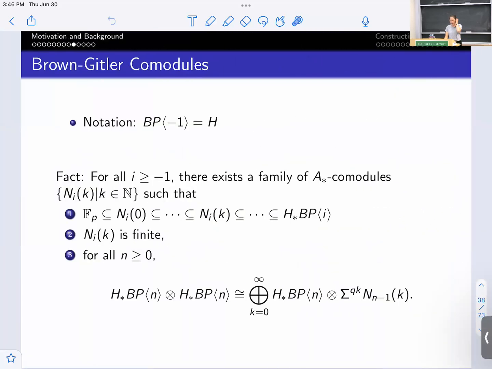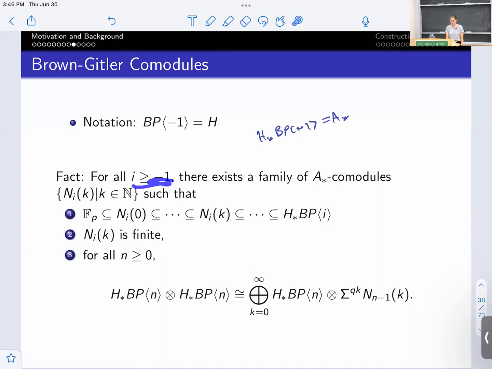So now we want to define Brown-Gittler comodules. I'm going to do a slightly weird notation thing and call BP minus 1 the mod P Eilenberg-MacLane spectrum, so that we can say that the homology of BP minus 1 is the dual Steenrod algebra. Sorry about that. So these Brown-Gittler comodules